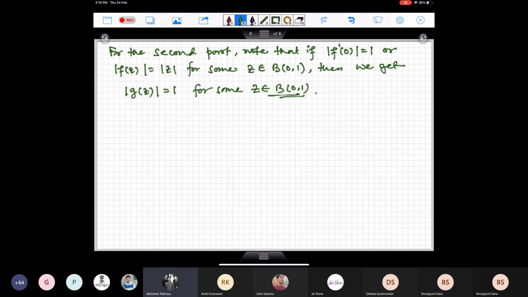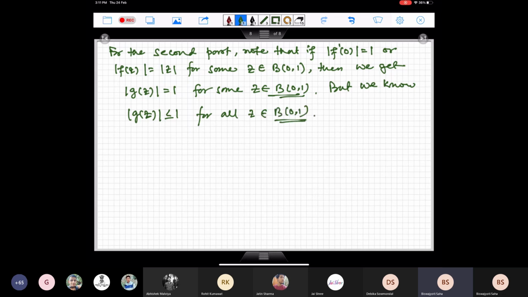Yes, sir. So in the first case, that is the absolute value of f'(0) equal to 1, that means the absolute value of g(0) is equal to 1. And if it happens in the other case, then that particular point will give you the absolute value equal to 1. But we know mod of g(z) is less than or equal to 1 for all z in B(0,1). So what do I see? I see z is a point in the interior where the absolute value is attained. Hence, by the maximum modulus principle,